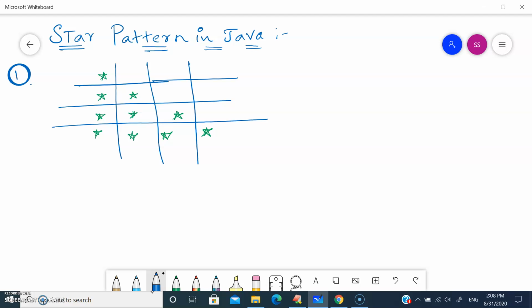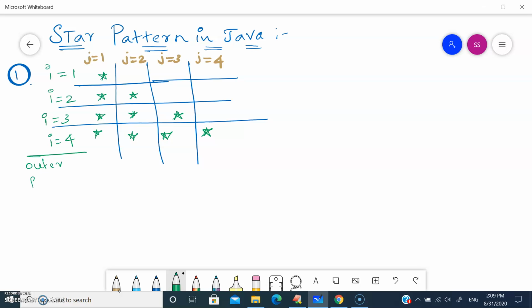Let's consider rows as I and columns as J. So let's take I is equal to 1, 2, 3, 4, and J is equal to 1, 2, 3, 4. Let's consider I as your outer for loop and J as your inner for loop.